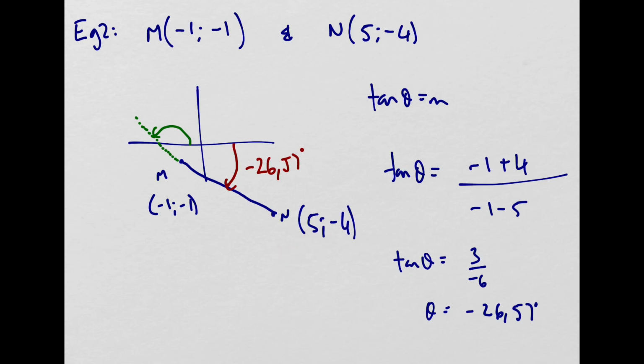Okay, but if we've got a negative angle, so in other words, we've moved from the x-axis where x is 0 degrees, and we've now moved 26.57 degrees in a negative direction, how do we make that positive? Do you see that if we add another 180 degrees, we would actually, from this point,